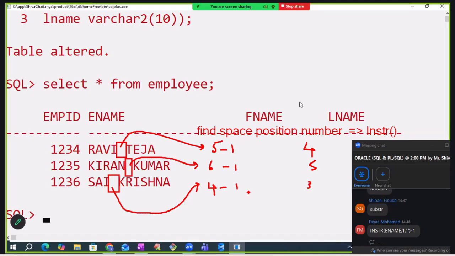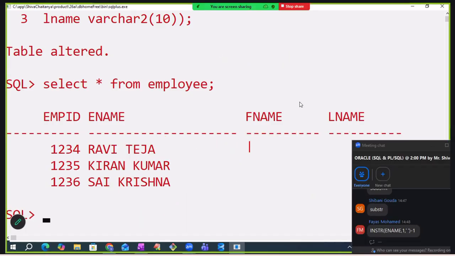How to find the space position number? Use INSTR. In which string do we want to search? Ename. For which substring do you want to search? Space. From the first position, first occurrence. That's it. Now I'm writing the final query. Observe here. If we want to get the first names here, Ravi,